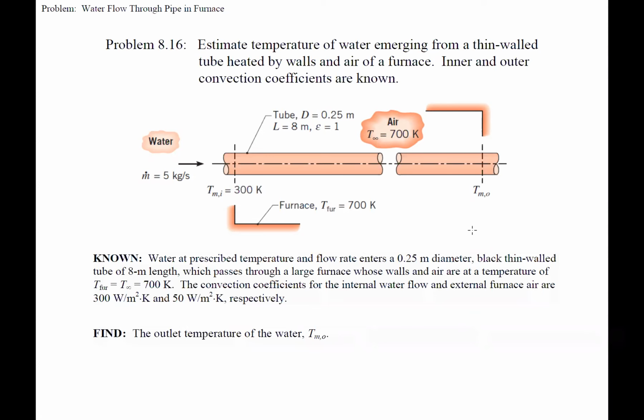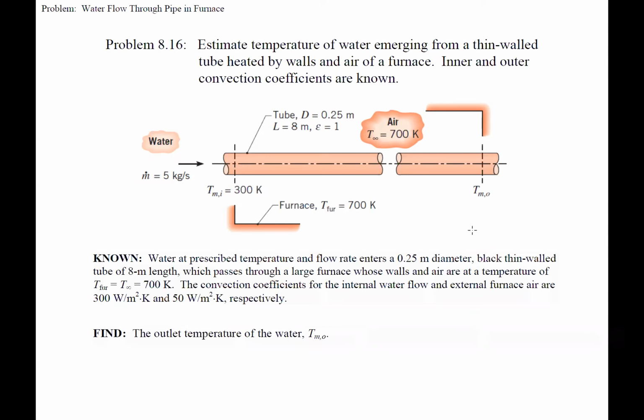And this one says water at 300 Kelvin and a flow rate of 5 kilograms per second enters a black thin-walled tube which passes through a large furnace whose walls and air are at a temperature of 700 Kelvin. The diameter and length of the tube are 0.25 meters and 8 meters, respectively. Convection coefficients associated with water flow through the tube and airflow over the tube are 300 watts per meter squared Kelvin and 50 watts per meter squared Kelvin, respectively. And then you see the schematic in the book, like you see on the screen, with the tube and the